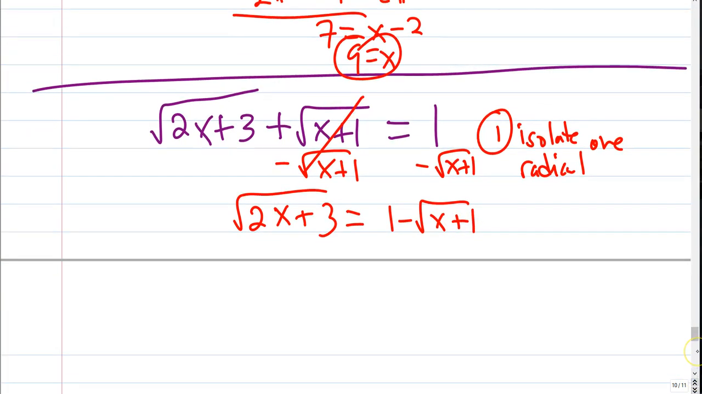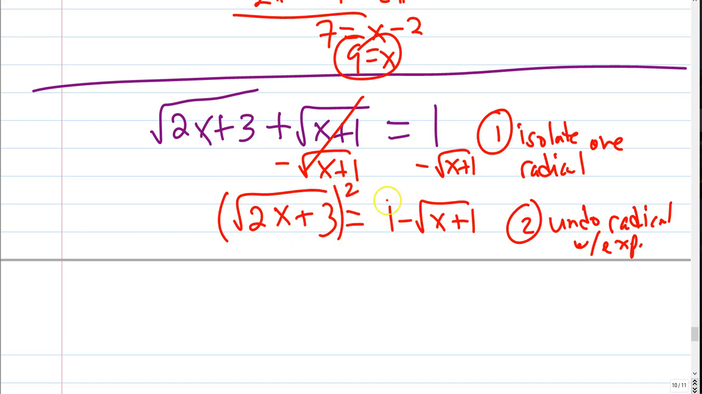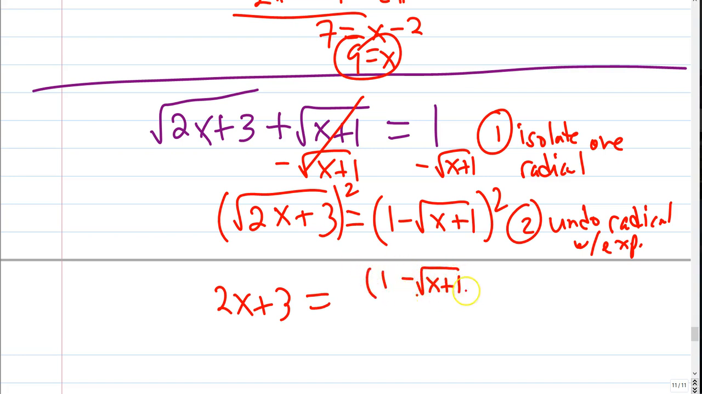Now that that radical is isolated, we can take both sides and undo the radical with an exponent. So I'm going to square both sides. This is where things get terrifying. Left side's easy. Those cancel, leaving 2x plus 3. The right side ain't cool because we have 1 minus the square root of x plus 1, squared, which is 1 minus the square root of x plus 1